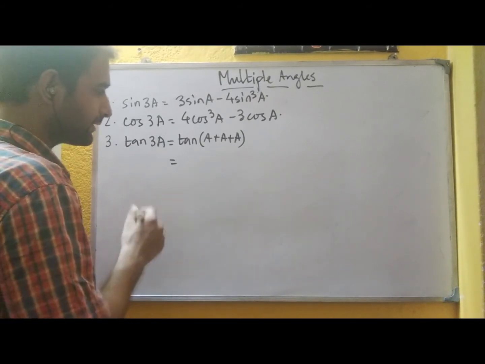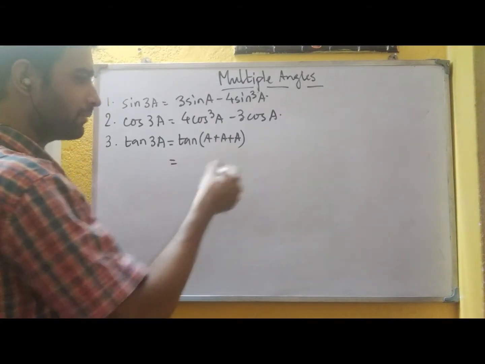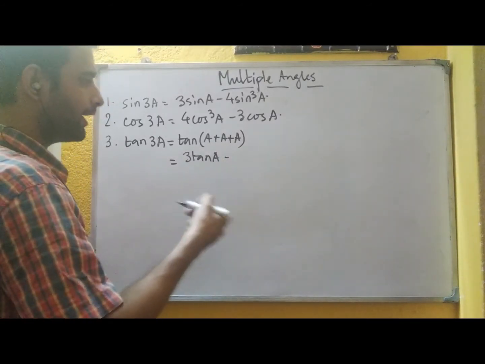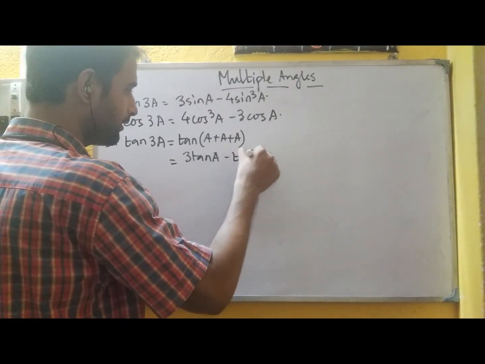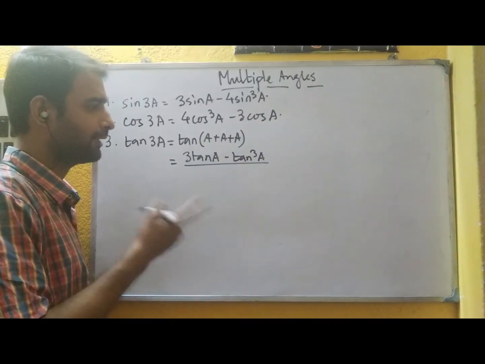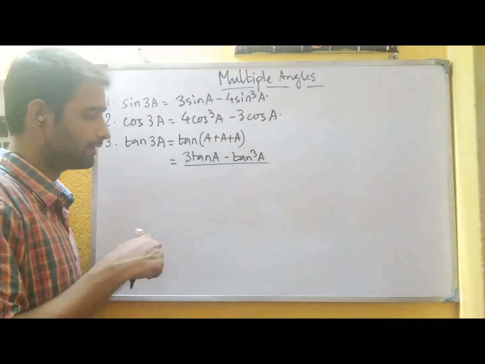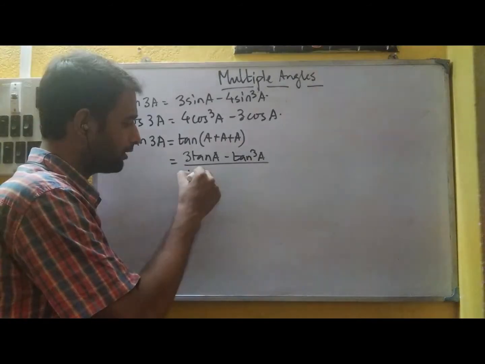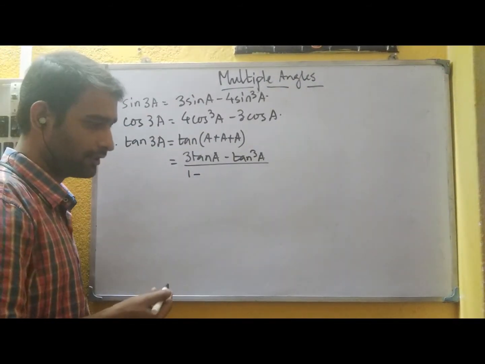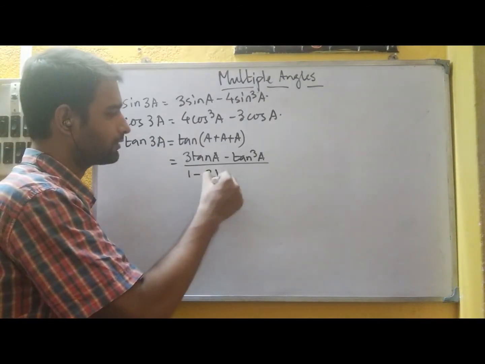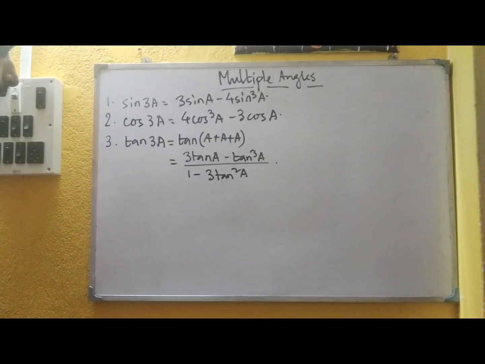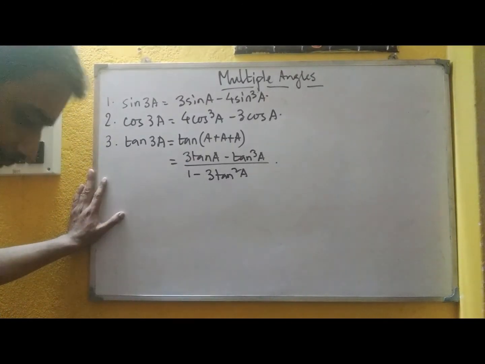So since all the angles are the same here, we can write it as tan A plus tan A plus tan A, that means 3 tan A, minus tan A into tan A into tan A, that is tan cube A, whole divided by 1 minus tan A tan B minus tan B tan C minus tan A tan C. So we can write it here 1 minus, since each of the terms will be minus tan square A, and it is 3 times, so it will be 1 minus 3 tan square A. So this is the formula for tan 3A.